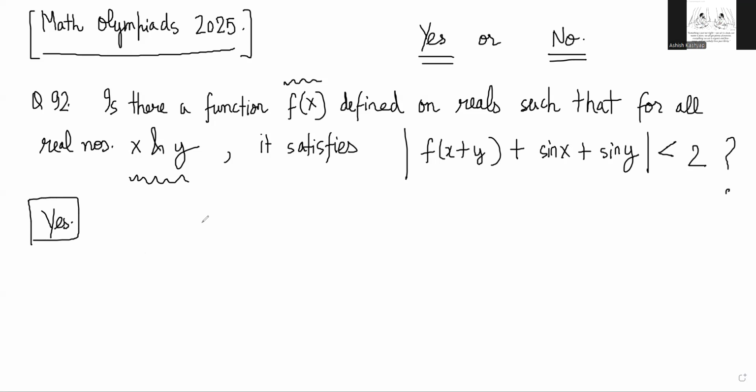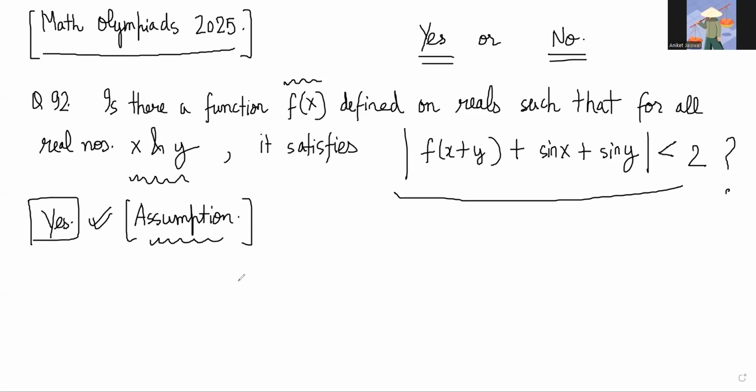If I assume that it is yes, then I can put any real numbers and it should be valid, right? Do you understand what I'm saying? Yes sir. If I have made the assumption that such a function exists, I should be able to put any real numbers for x and y and the inequality should be valid. So let's put some numbers and see. Even if I don't know my function, I can still try to see what is coming. Put some nice values so that sin x, sin y become nice.